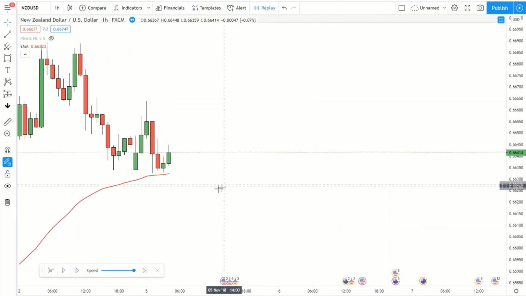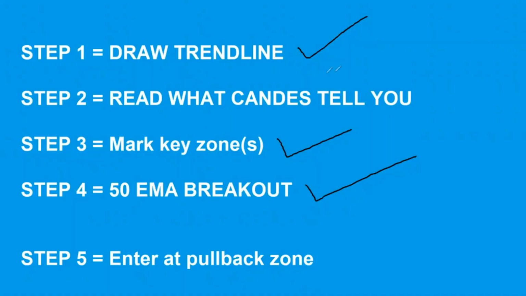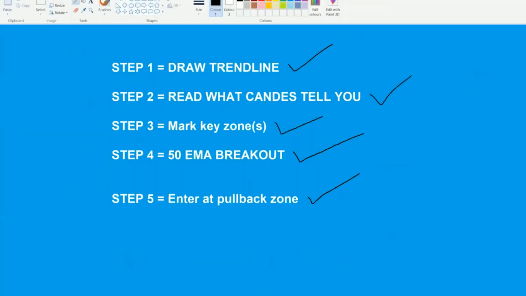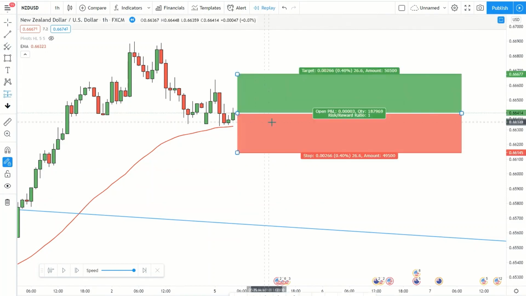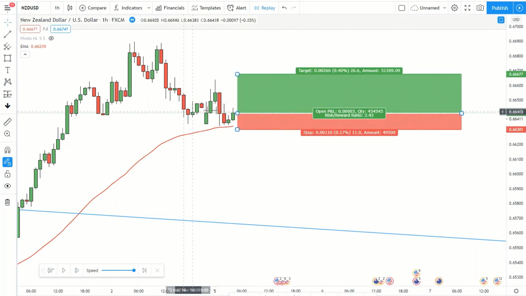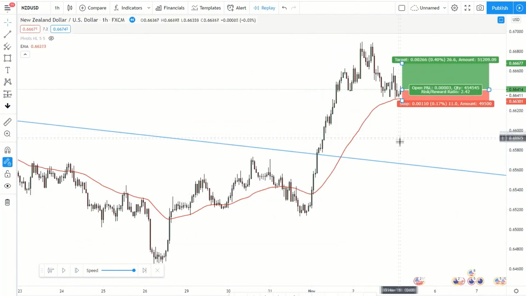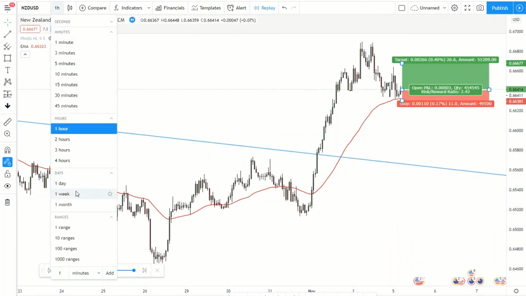Let me zoom in so you get it. So this is touching the bottom, and this is just about that. So this is where we got the bullish engulfing, and we enter at the pullback. So we followed steps 1 to 5. This is a perfect time to enter, and this part is important. So you're gonna enter once this candle closes, something like that, and you're gonna put your stop loss just below these lows. And what we're gonna do, if we go back to the daily,